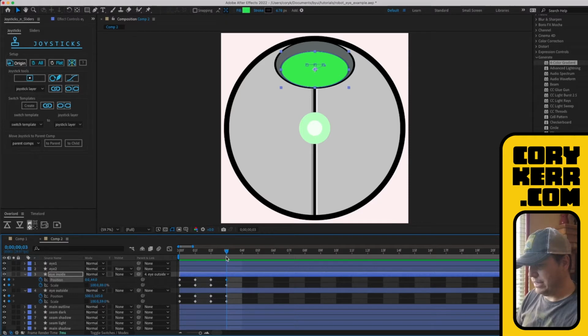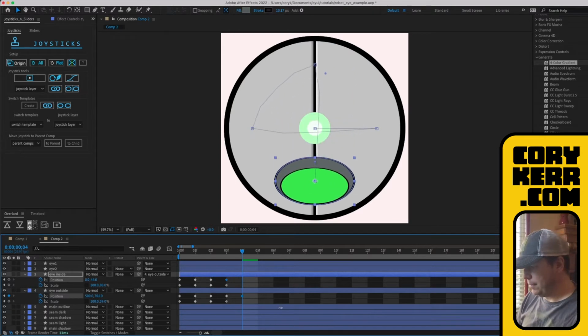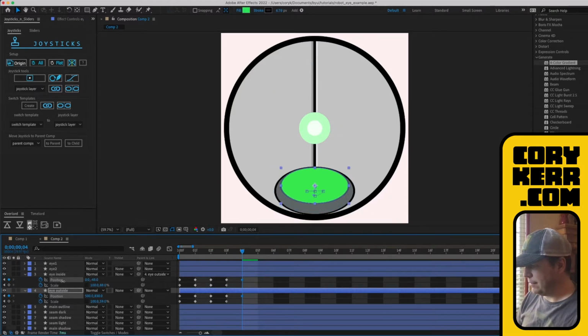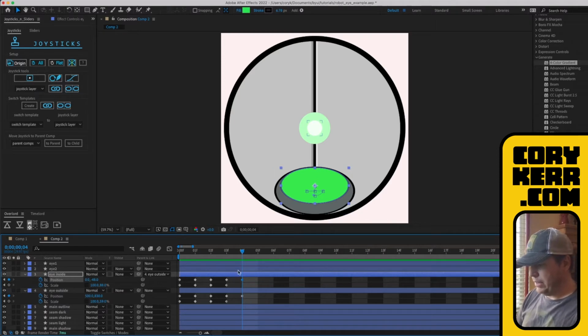Okay, and now we need to do down. So I'm just going to keep everything the same. Just change the position to be down here. And then I will adjust the location of that to be up here like this. Okay. And we want the scale to stay the same. So click, click. So now we've got a keyframe on frames 0 through 4. So the first 5 keyframes.